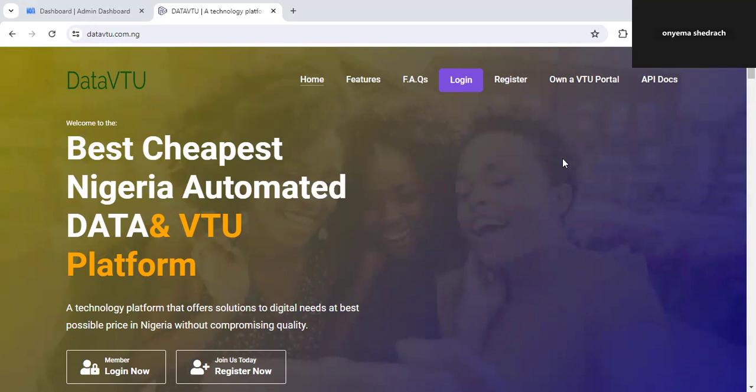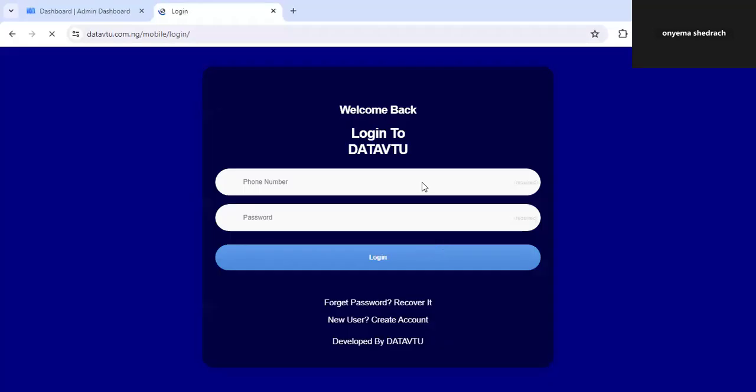So quickly, I'm going to log into my own Data VTU account just to show you what you need to do. For you to do this integration, you must first of all go to your own admin end, and also log into your Data VTU account. Once you are logged in,